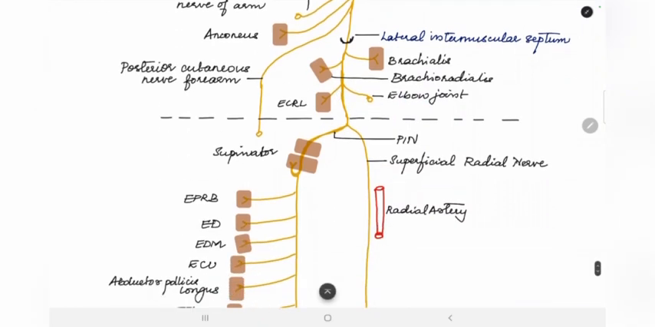Then it enters into the forearm, where it terminates at the level of the lateral epicondyle into the superficial branch and the posterior interosseous nerve. The superficial radial nerve we'll discuss later. First, let's talk about the posterior interosseous nerve, the deep branch. It supplies the supinator, which it pierces, and then it supplies the extensor carpi radialis